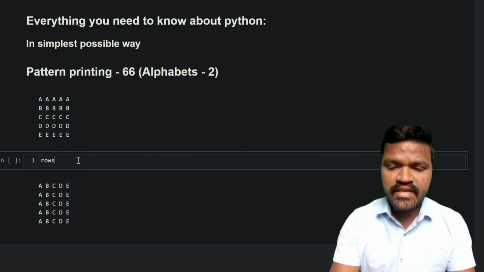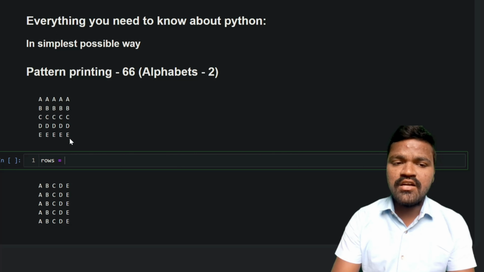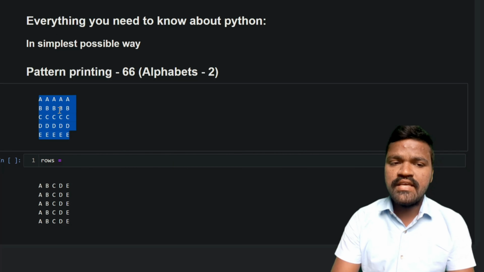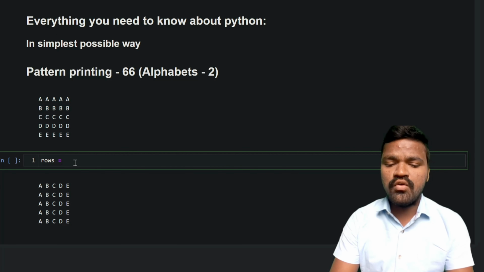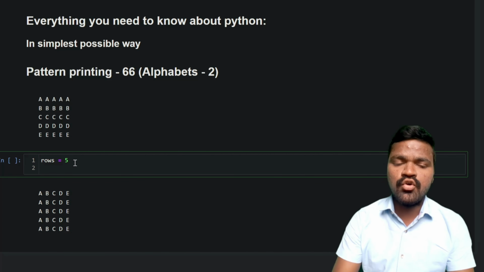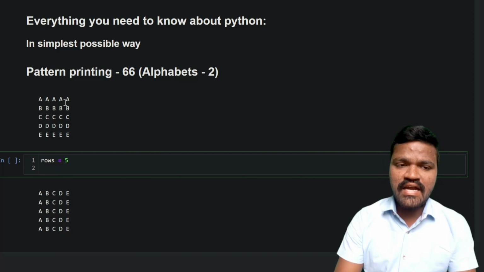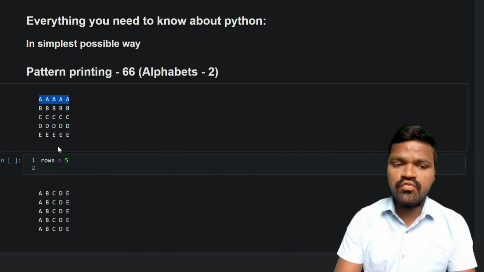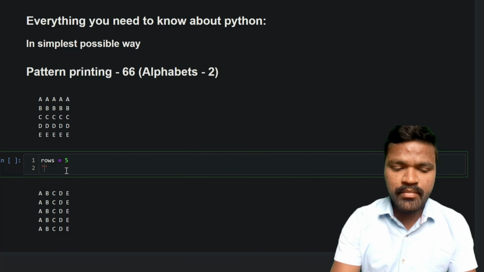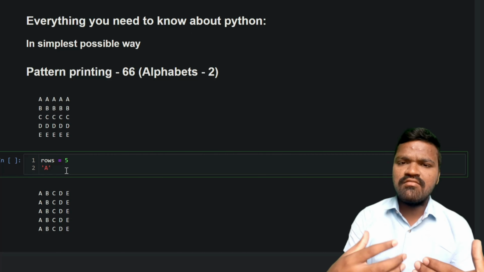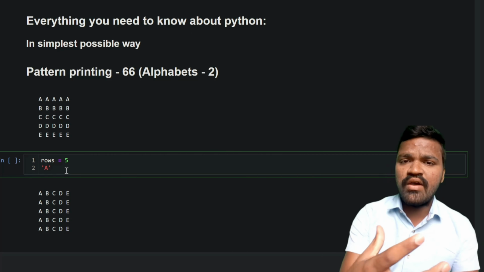For that, I am taking a variable rows, in order to keep track of these rows. In this pattern, we have 5 rows, so for that reason I am taking the value of rows as 5. Apart from this, we are starting with the alphabet A, right? So for that reason, I will take the alphabet A and I will convert this alphabet into its equivalent ASCII